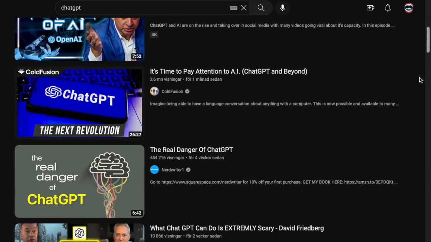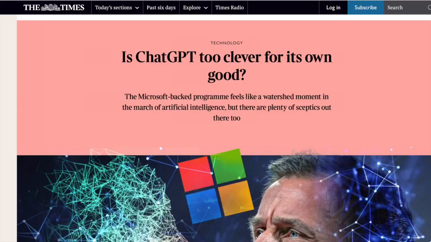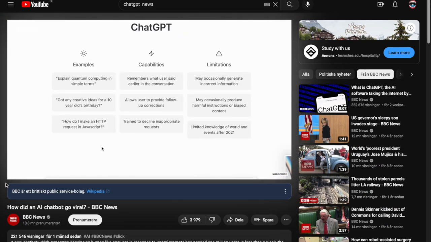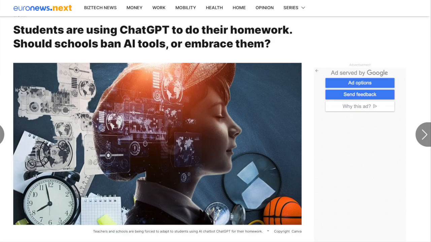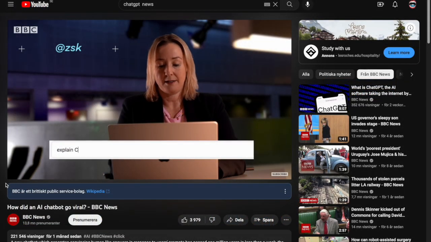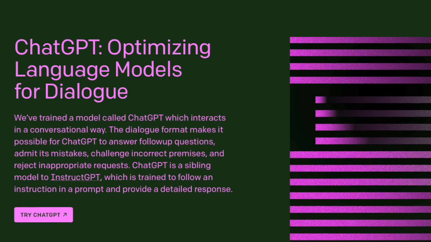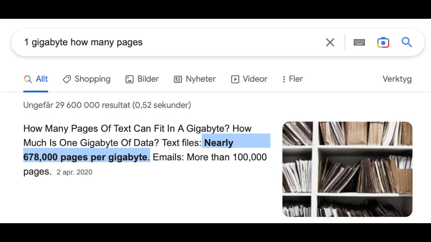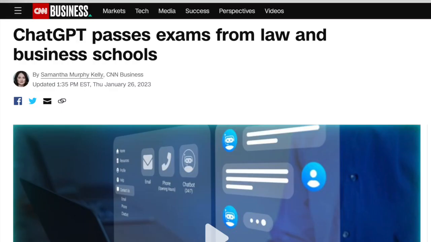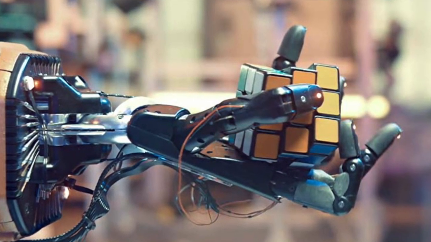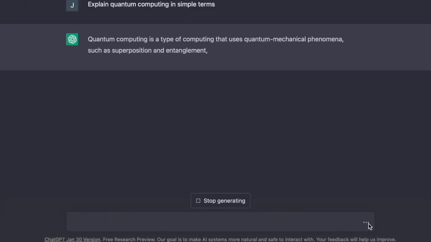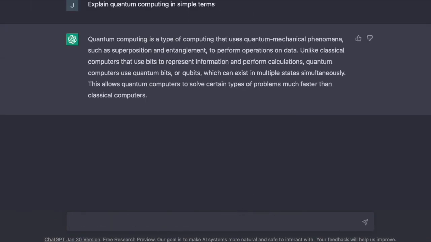Alright, at this point I think everyone knows about ChatGPT. It's blown up in the news, everyone is seemingly talking about it. Now, you might not know the specifics of what it is or how it works. So very briefly, it's a language model that's been trained on a huge corpus of English text, in the order of 500 to 600 gigabytes of raw text. It learns patterns and relationships in the data, and it can generate new text that is similar to the input it was trained on using machine learning.